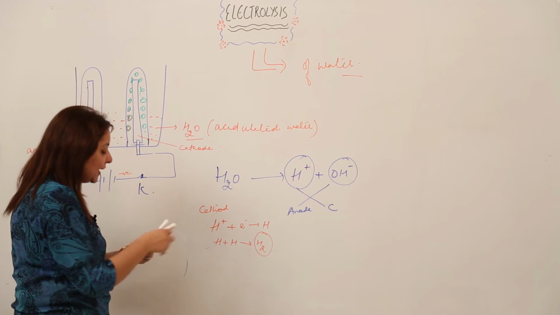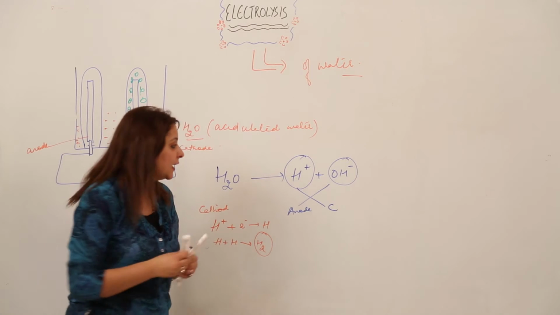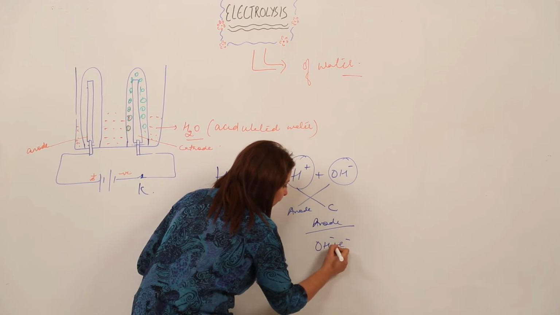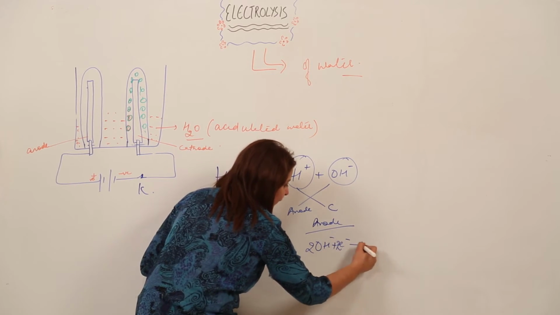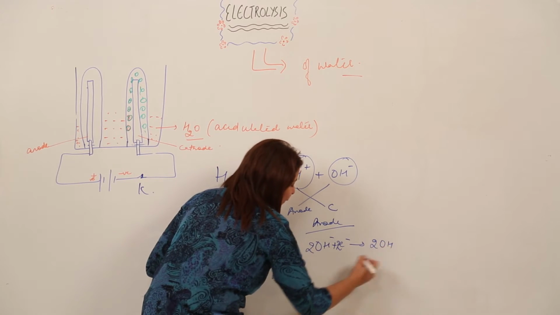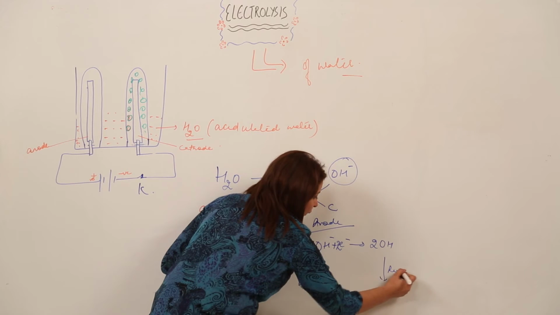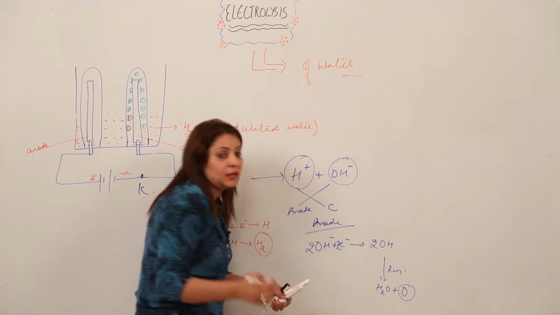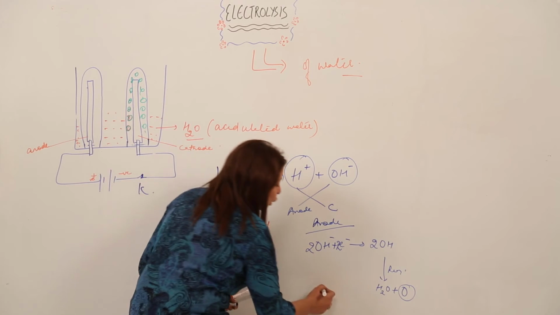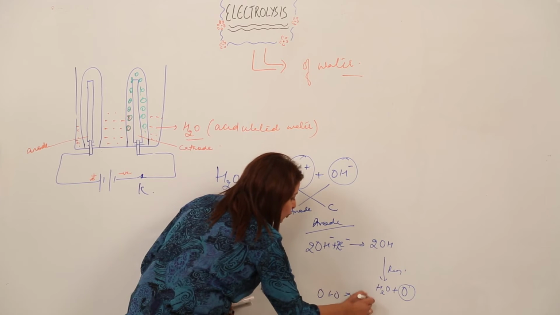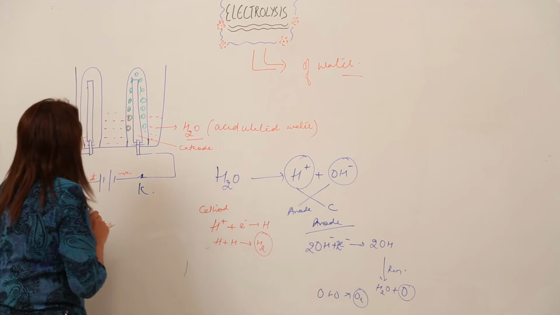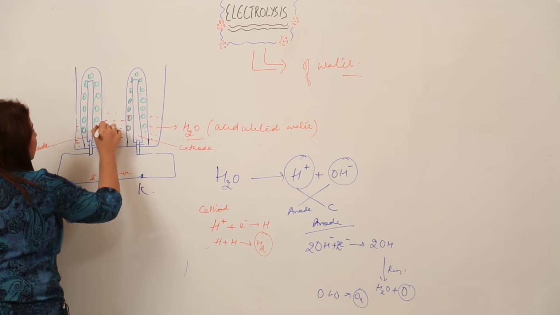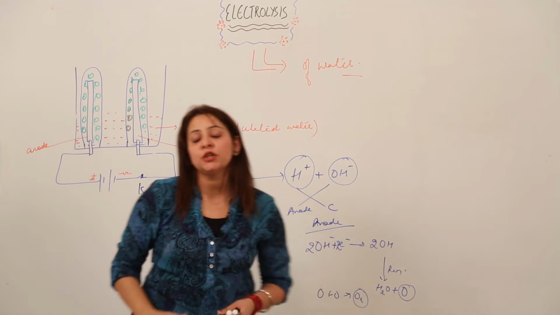And what do we get to see at anode? What reaction is occurring at anode? So at anode, this hydroxide ion loses an electron. Again, I'm just balancing it. So we have 2OH which will rearrange to form H2O and O, and you know that this O doesn't exist as O, as it is diatomic. So this O and O combine to form O2. So we see O2 gas bubbling at the anode. Right.